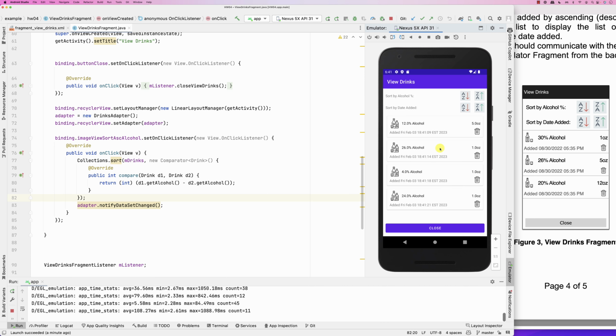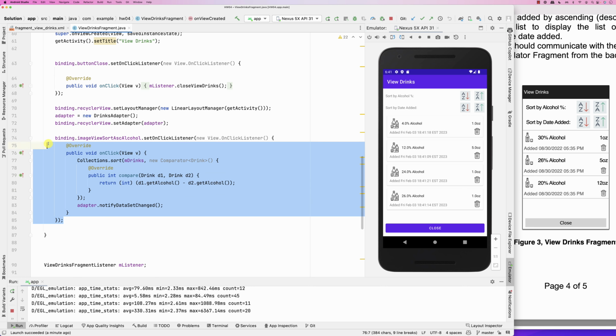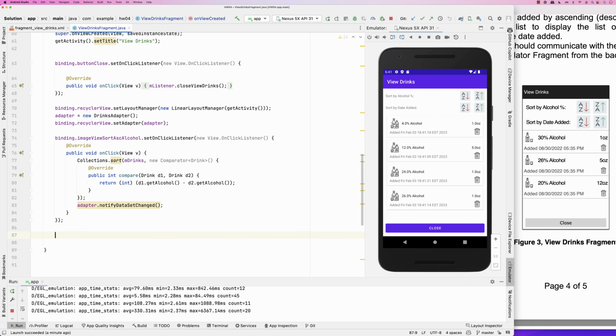When I go to view drinks, you see that 12, 26, 4, and 24 have no order. When I click on this one, you see they are sorted in ascending order. Now, descending order is exactly like ascending order, but we just have to flip which one we subtract from which, right? So basically we do this,